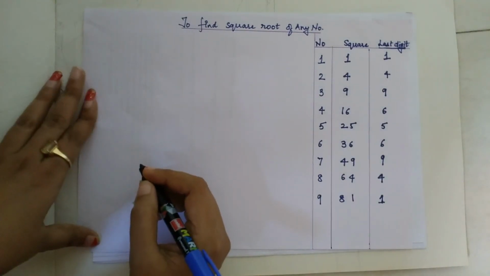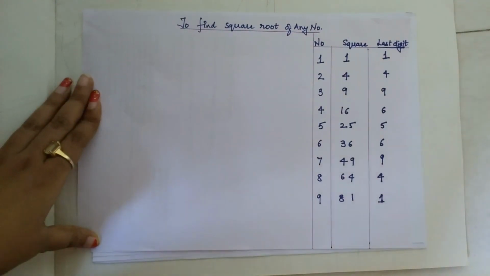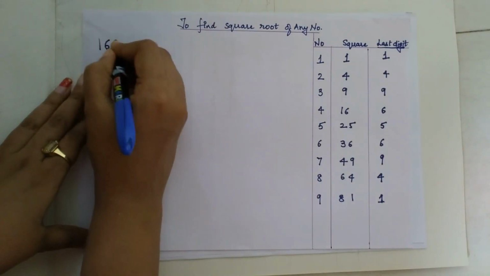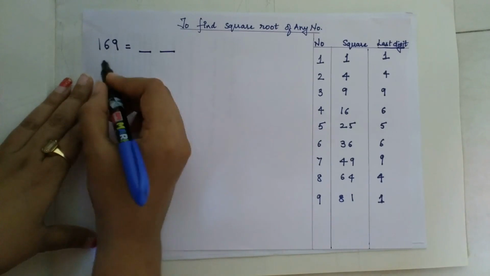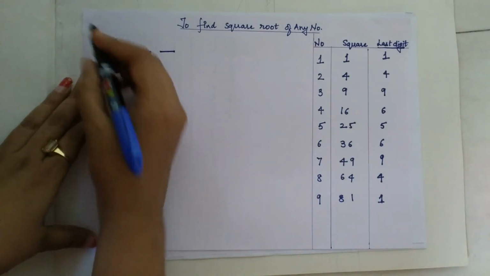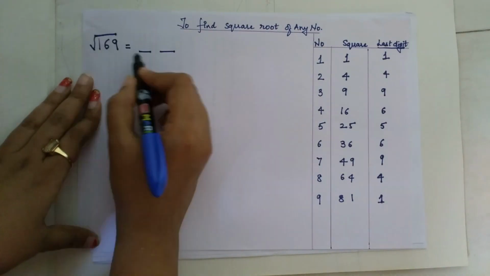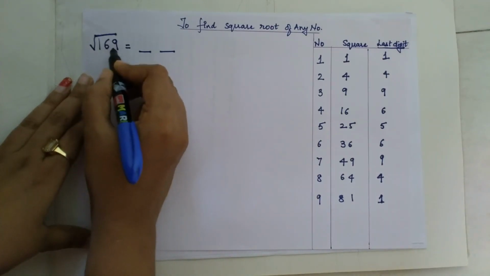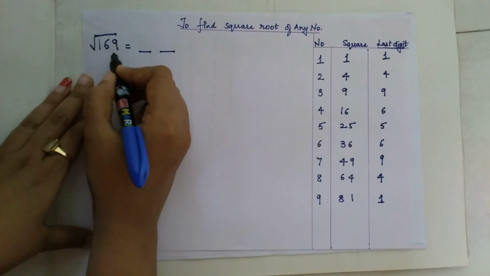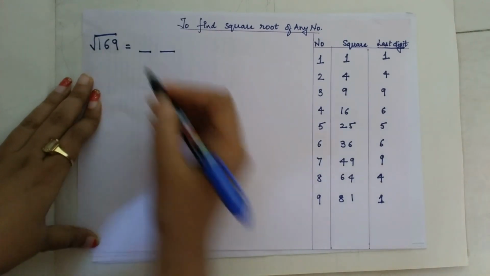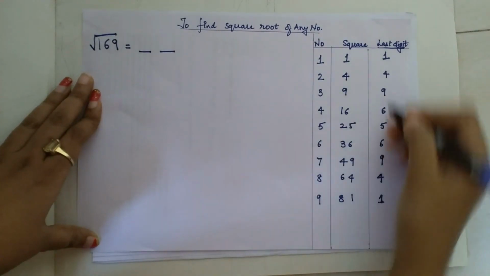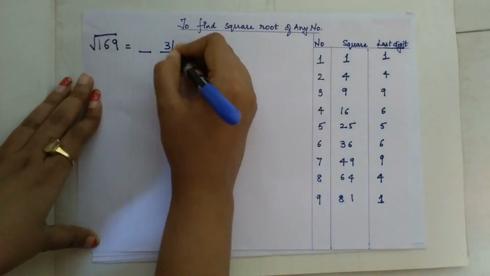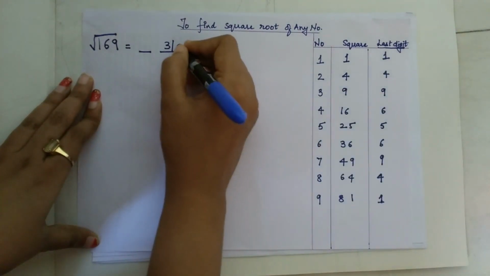So for example, I'm beginning with a smaller example. Let us try to find out the square root of 169. Students, whenever you have to find the square root of any number, you will divide your answer in two parts. First, you will focus on the units place. The units place is 9 over here. Therefore, here we can check where the last digit number is coming as 9. So, one is for 3 and another is for 7.